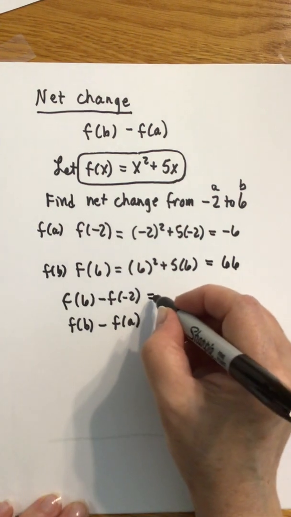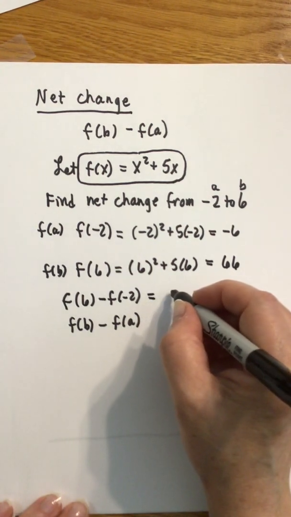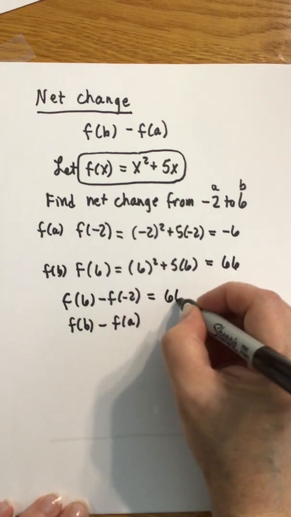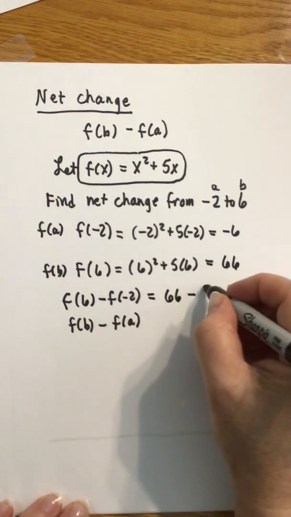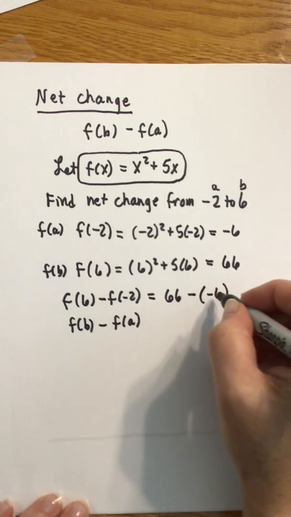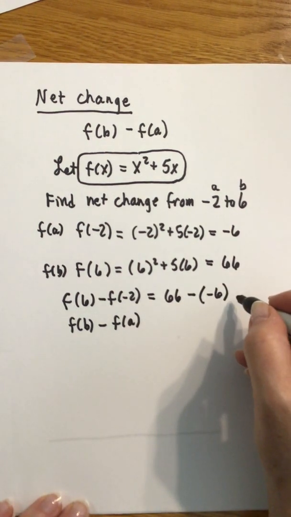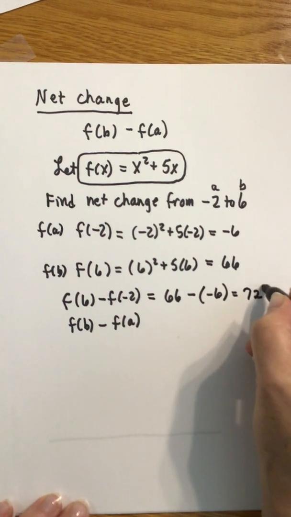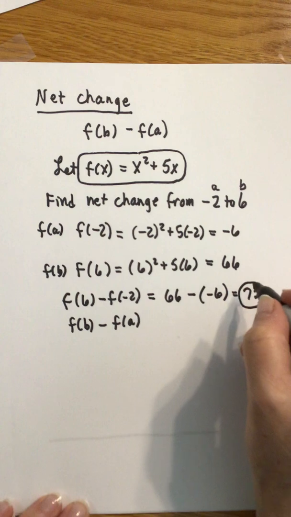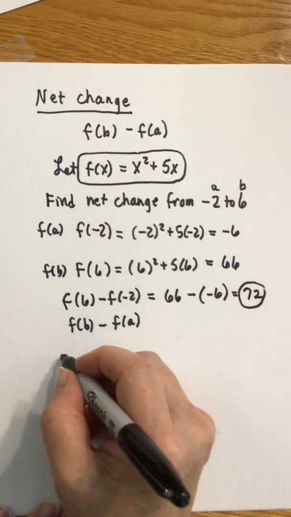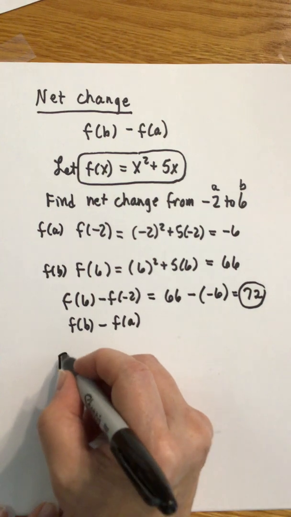So now I come down here, and the net change is going to be my f of 6, which is 66, minus my -6. So 66 minus a negative. We know two negatives are going to make that positive. So I end up with 72, and 72 is what we called our net change. So now let's try another one. We're going to find the net change